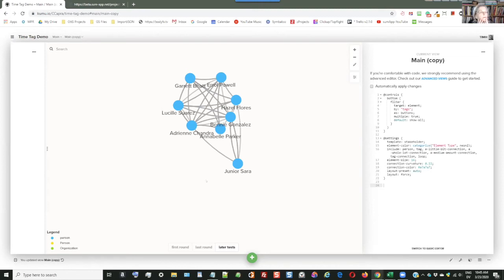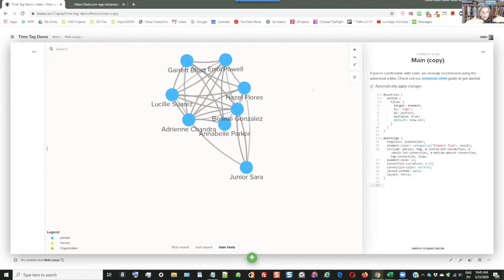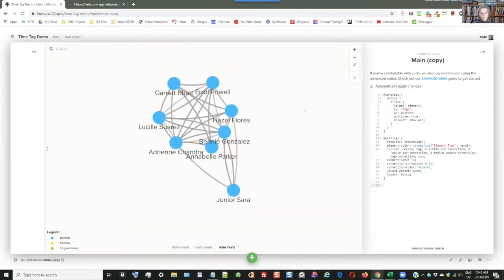Okay. So just to point out, in these tags, they're just when did the elements join the network, because he's made the filters based on element tags. So the way he just did it is not taking into account the changes in connection over time.